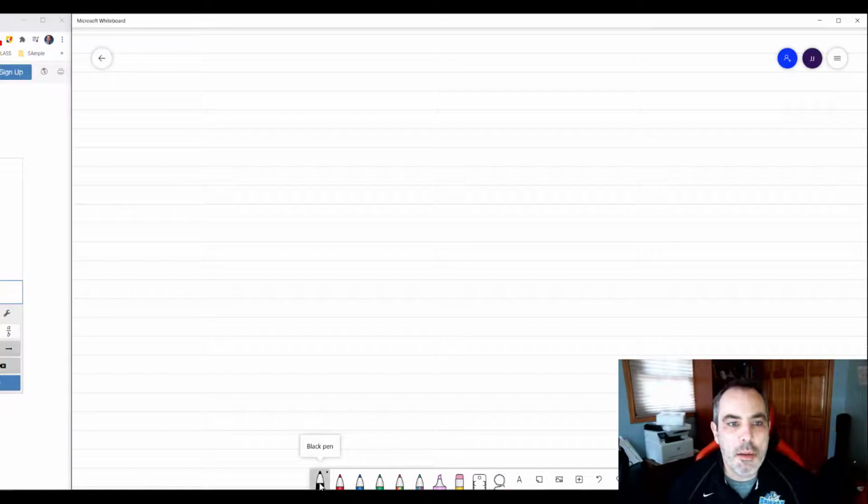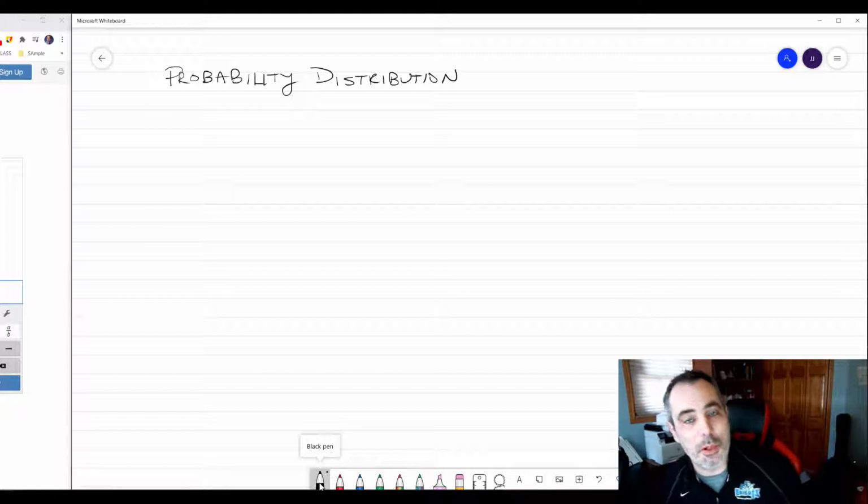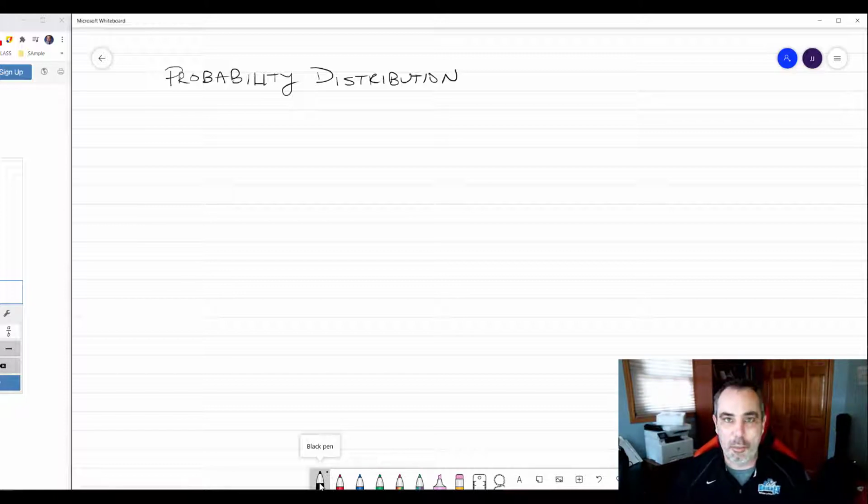Hey everyone, today we're going to take a look at probability distributions. A probability distribution is really just the listing of all of the probabilities for an event, especially when there are multiple outcomes for that event. It has to be an event that is referred to as discrete, meaning it's something that I can count, as opposed to a continuous event where things could be divided up infinitely, such as time and temperature. But when we're talking about probability distributions, as long as you can count it and it's discrete,